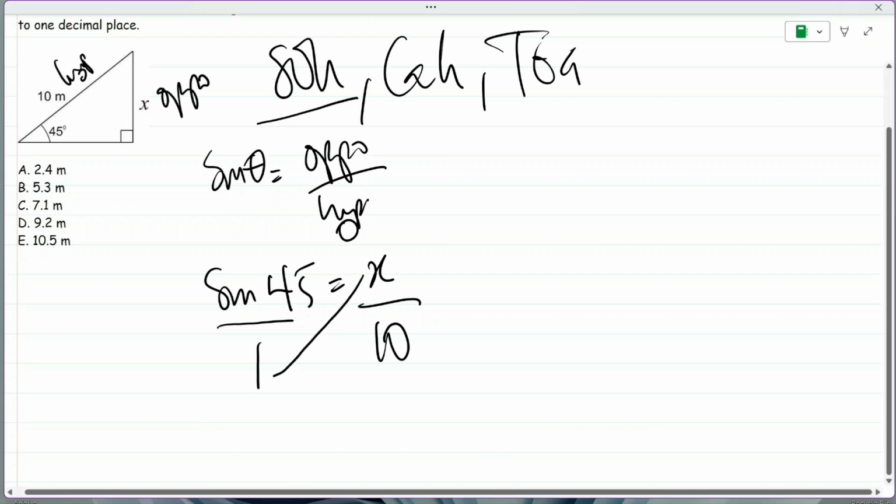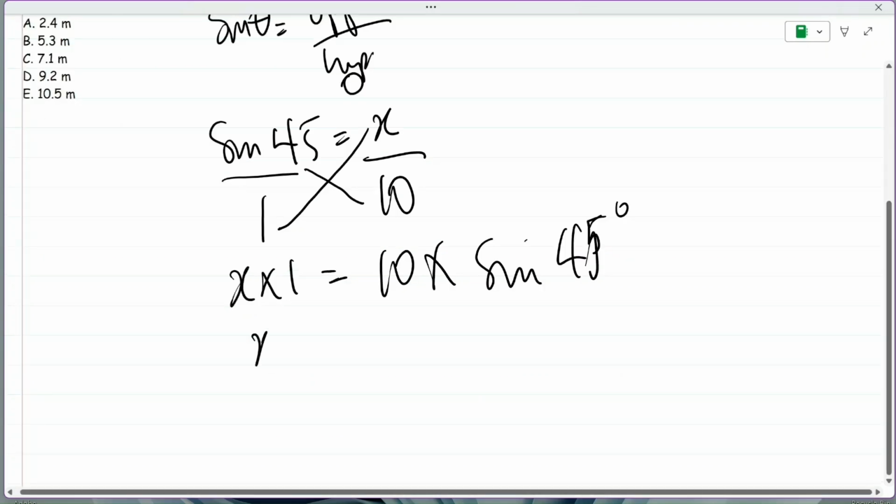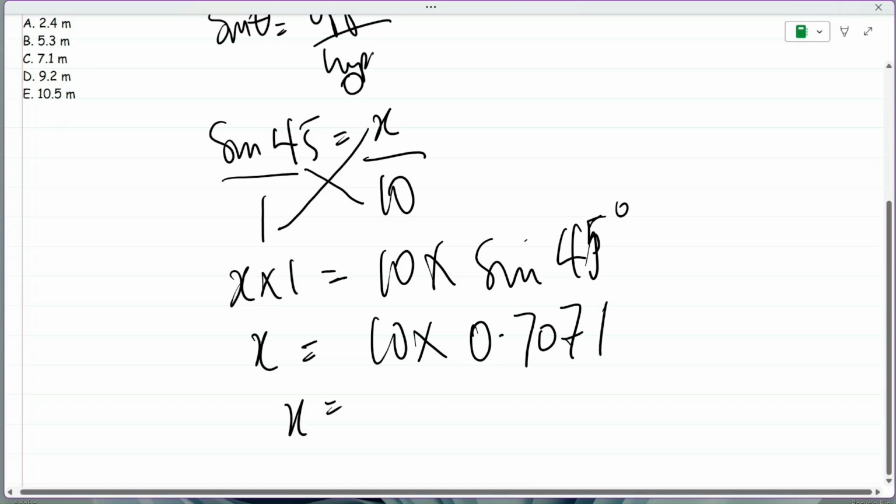So we have this times this and this times this. So we have x times 1 on one side, equals 10 times sine 45 degrees. Please don't mix it up. x times 1 is x, equals 10 times sine 45, which is 0.7071. So x equals 10 times 0.7071, which will give you